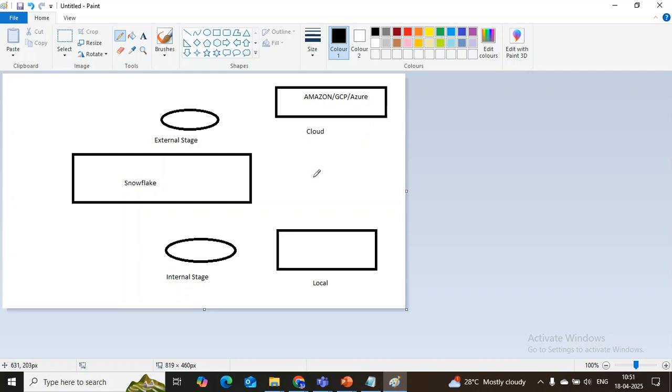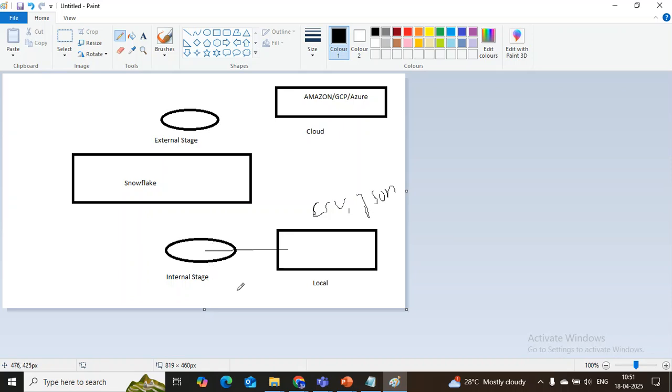ओके, अब सपोज करो हम डेटा लोडिंग की बात करें, तो कैसे करेंगे? हमारे लोकल सिस्टम में कुछ डेटा है, मान के चलो सीएसवी फाइल है, या जेसन फाइल है। अब हमको इसे लोड करना है, तो हम कैसे करेंगे? इसको लोड करने के लिए हमको क्या करना होगा? पहले हमको इस डेटा को